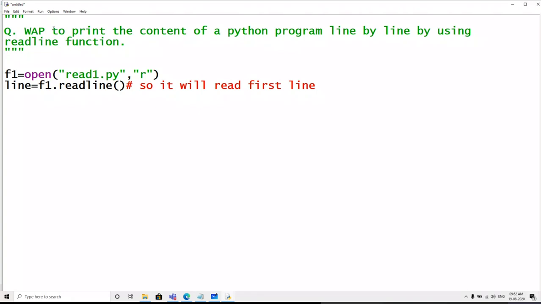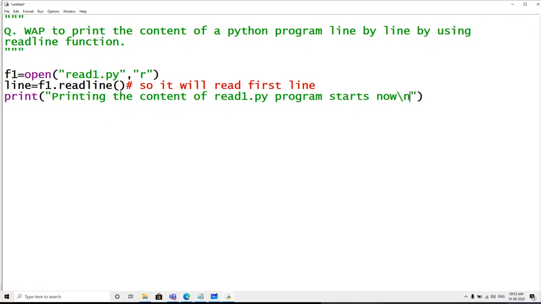Now let me write one print function here: printing the content of read1.py program starts now, with two backslash n.